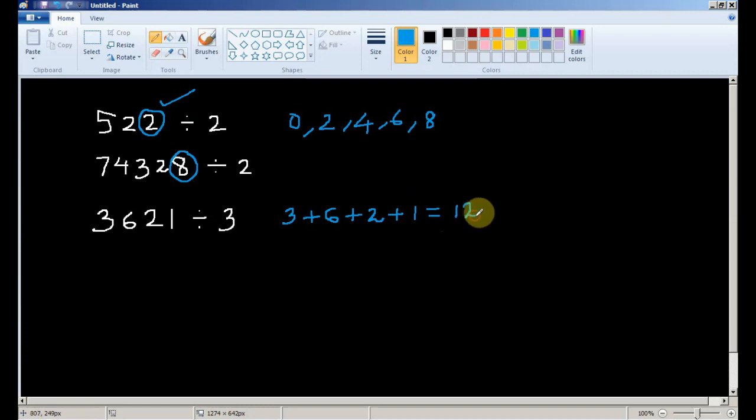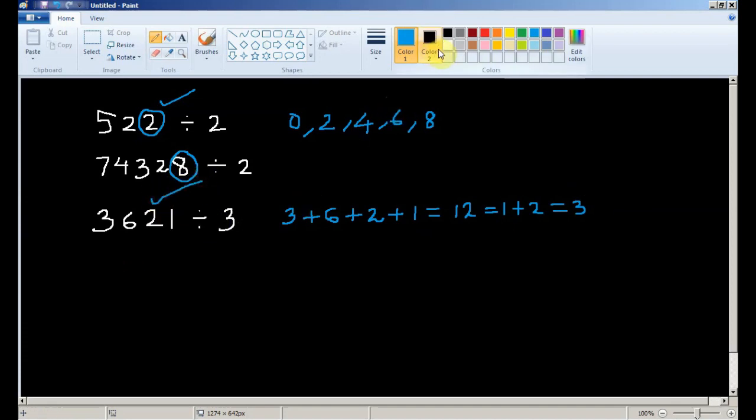If you are still not sure that 12 is divisible by 3, you can further add these two numbers: 1 plus 2 is equal to 3, and now you know that 3 is divisible by itself. So this number is divisible by 3.